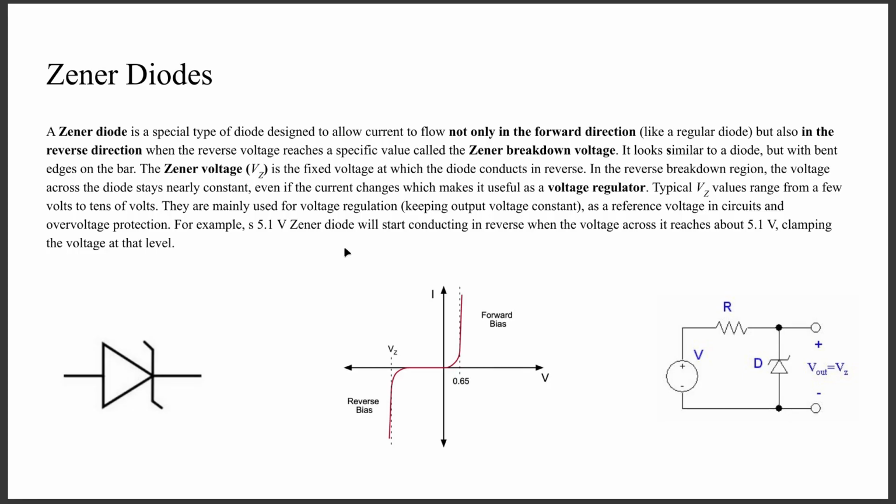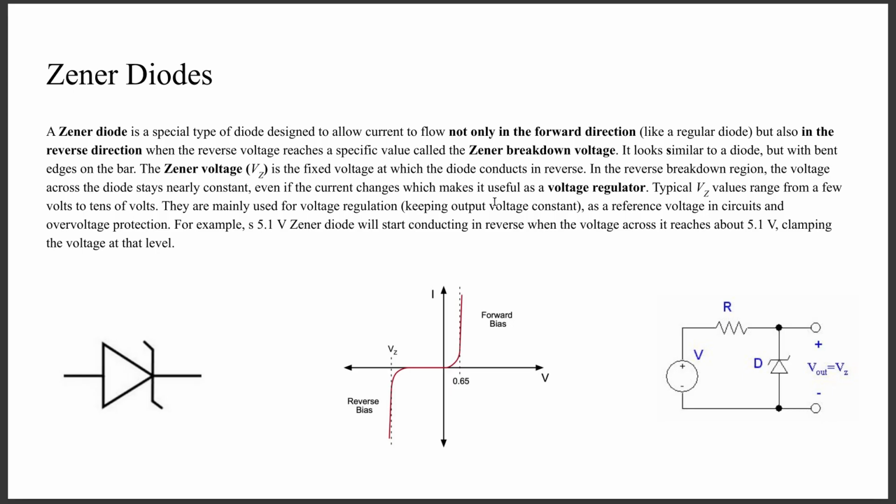A Zener diode is a special type of diode that allows current to flow not only in the forward direction, but also in the reverse direction when the reverse voltage reaches a specific value called the Zener breakdown voltage. It looks similar to a diode, but with bent edges at the bar. The Zener voltage is the fixed voltage at which the diode conducts in reverse. In the reverse breakdown region, the voltage across the diode stays nearly constant,